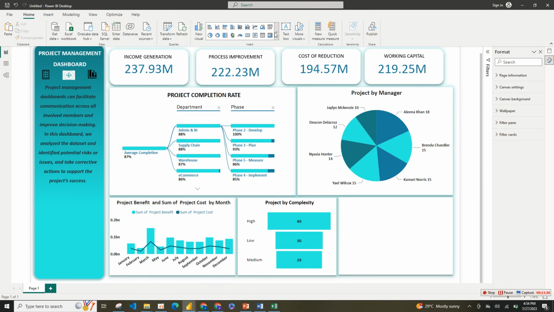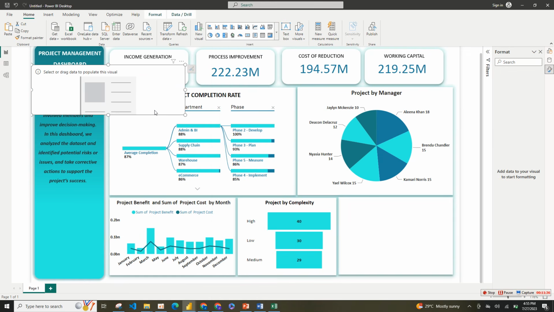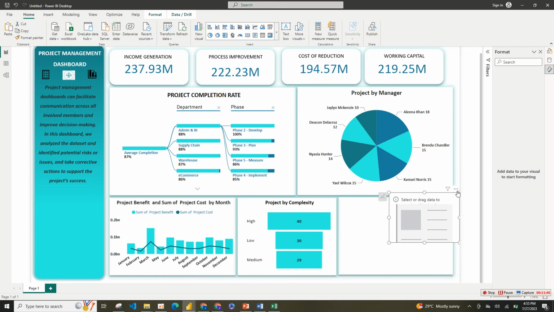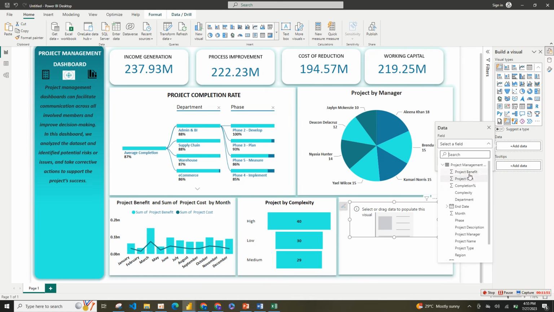So go to insert, then card, go to card. So bring it here. Let's start the formatting. Okay. Add,